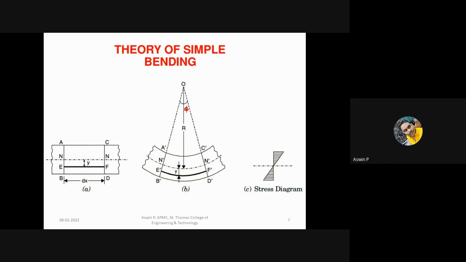These are the important terms, and you can also see the stress diagram, and you must understand that tension and compression are the main reason for bending stress. So when you are applying a load, this will become curved. Definitely if you select an elemental area here, this will be under compression. And on the opposite side, where we are taking an elemental area, this will be under tension.